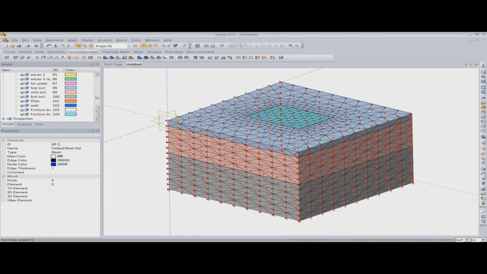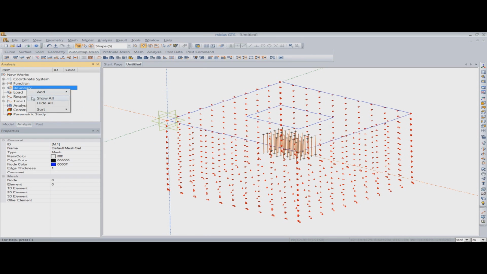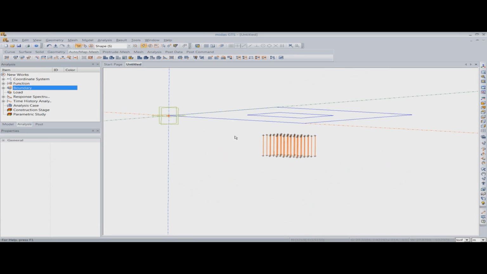Now I want to assign supports to my files. I want to restrain the rotation of the files in the Z direction, so there will be no torsional degree of freedom in the files. For that, I will activate the file mesh set. Let me deactivate the boundary, and I will assign the restraint so that there is no torsion in the files.